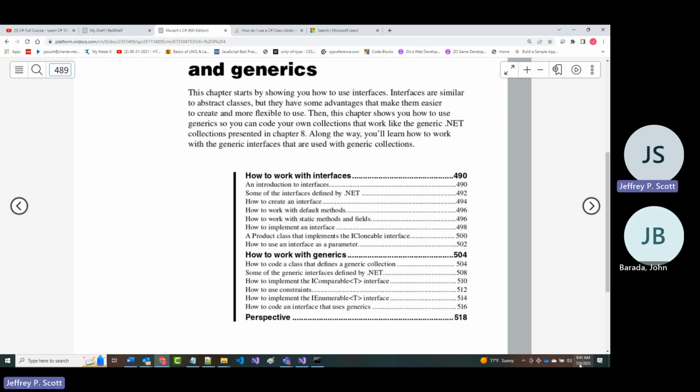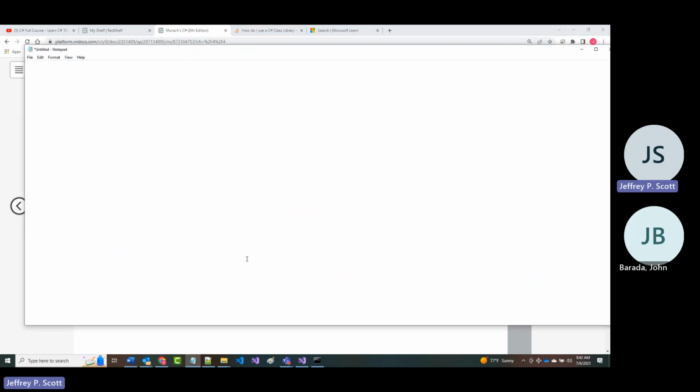Now, as it says, the chapter begins by showing how to use interfaces, which are similar but not identical to abstract classes. Now, one thing that you cannot do, again, I may have shown you this already. I don't remember.